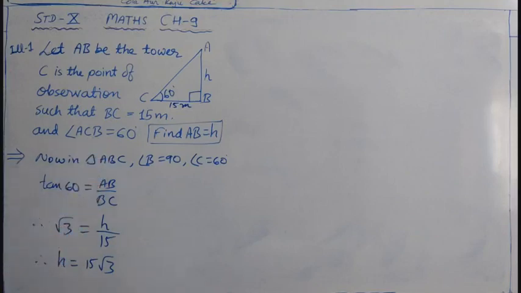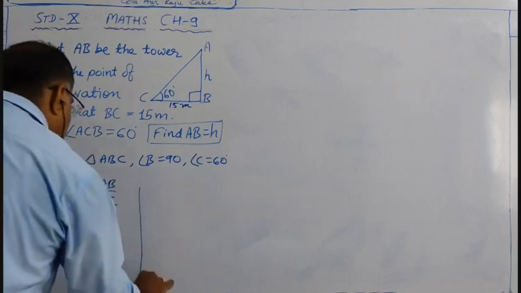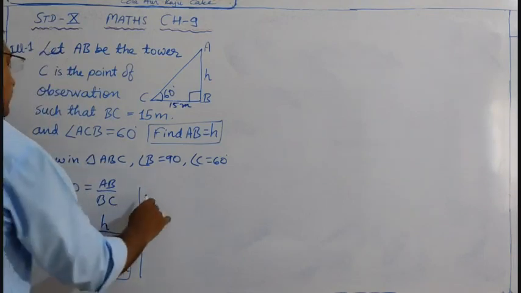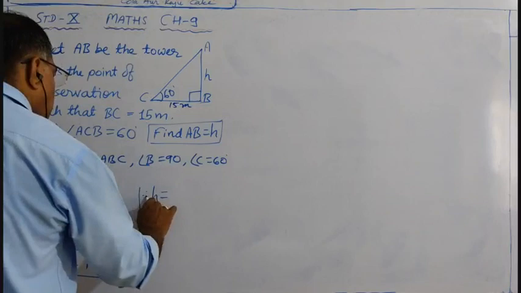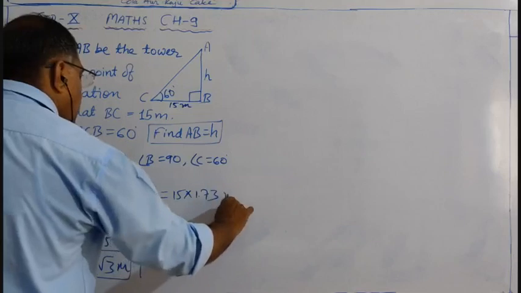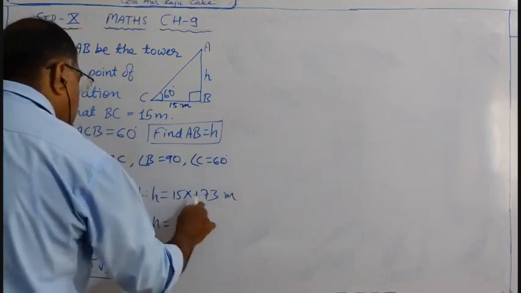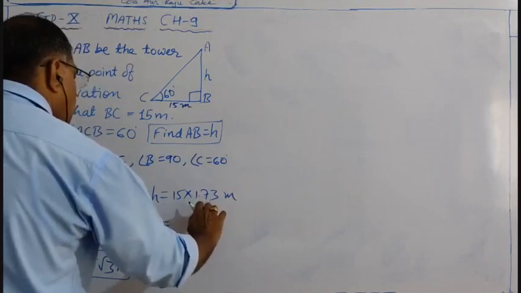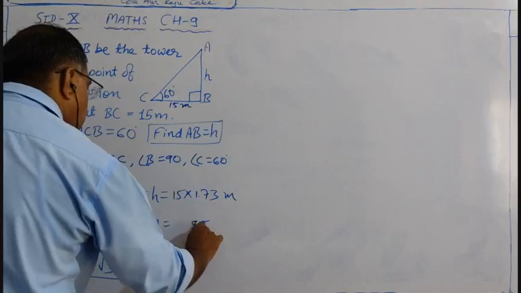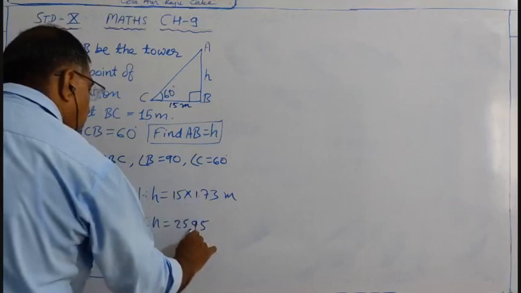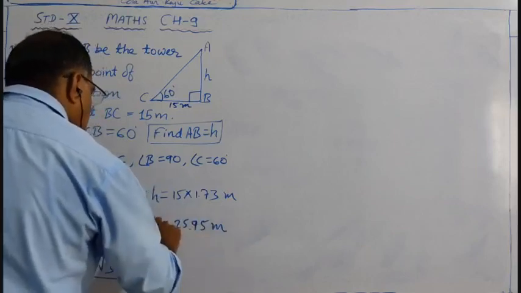But sometimes root 3 we can't leave as is, and we have to convert the root 3 value. We must remember it. This is in meter, and we can write this as the answer. But sometimes whenever it is asked, we can convert root 3 into 1.73, and therefore we will get the height is equal to 15 times 1.73. 15 3s are 45, carry 4, 15 7s are 105, 105 and 4 is 109, carry 10, 15 1s are 15 and 10, 25. So 25.95 meter is the height of the